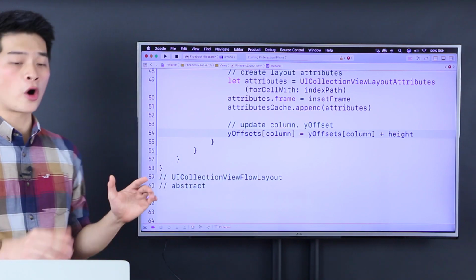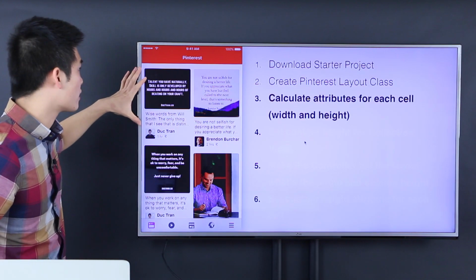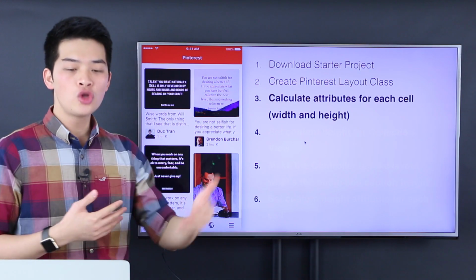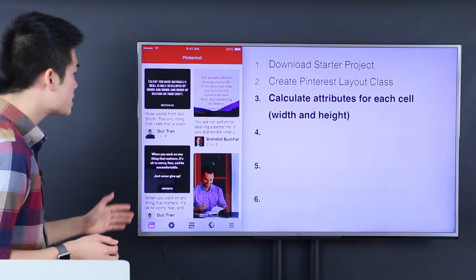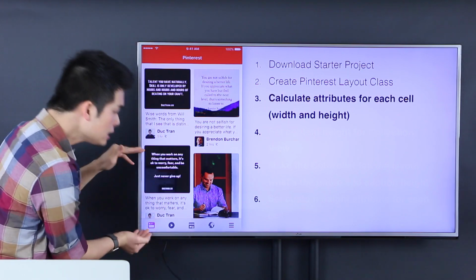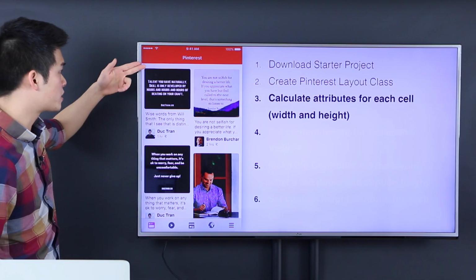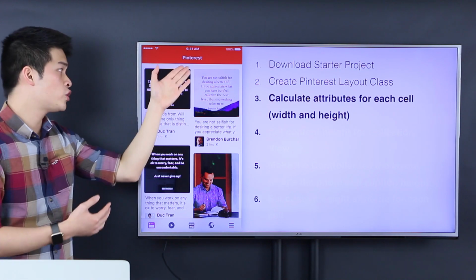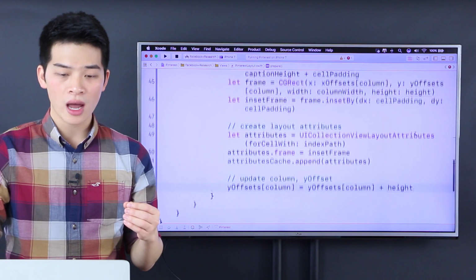Okay? Now, this is very important. If you miss this, it's going to be really messy, because the Y offset, let's say we're moving from this thing, right? And the Y offset of this thing is 0 right now, right? You have to be really careful, because if you don't update this right, then your collection view is going to be really messy. What do I mean by that? Because the Y offset by default is 0, okay? But if you move on from this cell into this cell, then the Y offset changes, right? It changed from 0 to the height of this cell right here. So we have to change it from 0 to the height of that thing. And then when we jump over here, we'll update that too. So the Y offset is going to be the yOffset column plus the height that we calculated over here,